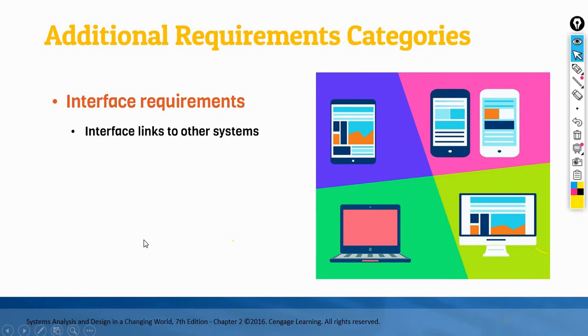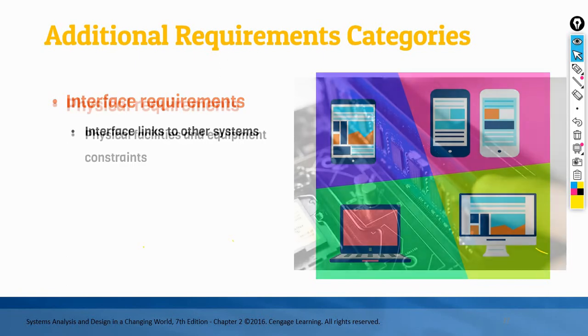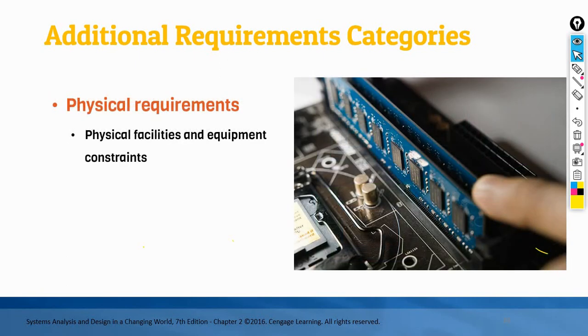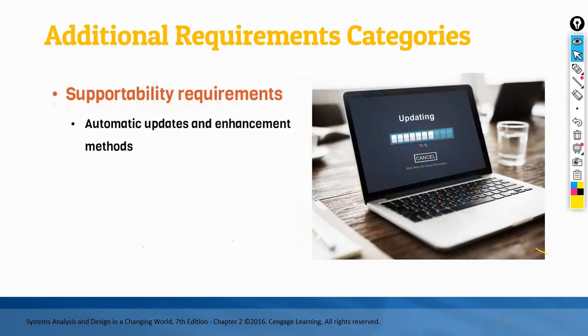Interface requirements describe the interactions among systems, that is, how the system will be linked to other systems. Physical requirements describe such characteristics of hardware as size, weight, power consumption, and operating condition. Supportability requirements describe how a system is installed,